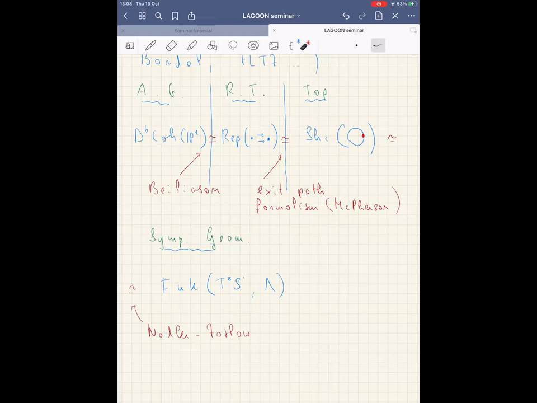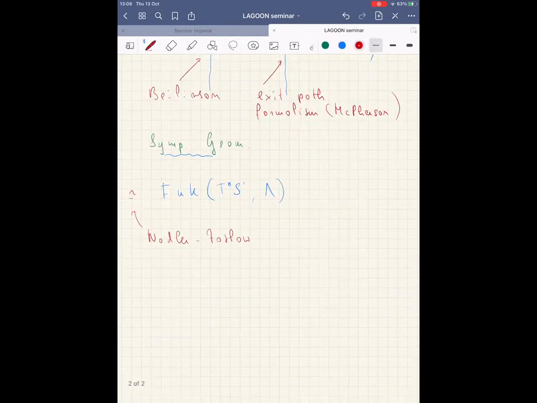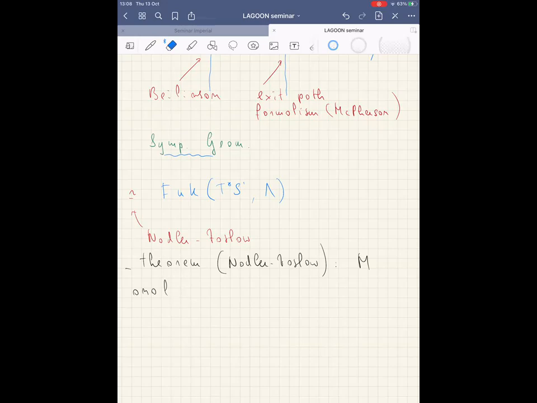So let me explain the Nadler-Zaslow theorem. The theorem says the following. If M is an analytic manifold, and lambda contained in T star M is a conical Lagrangian,